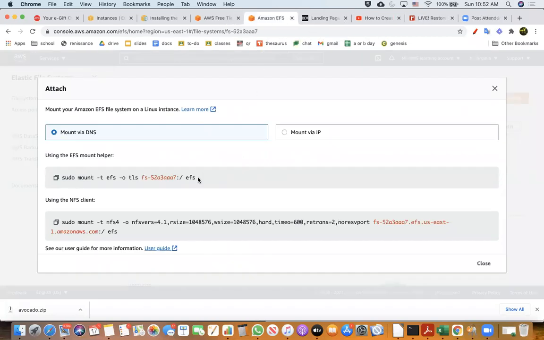This is the particular instruction by which we will be mounting the file system. This is basically the command that I will use to mount the file system.